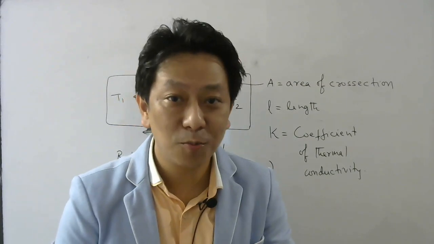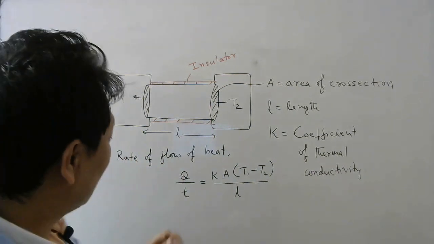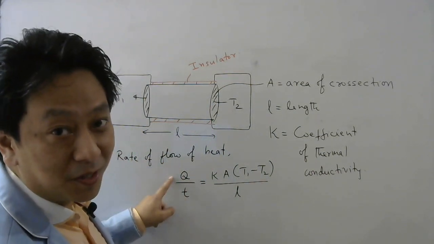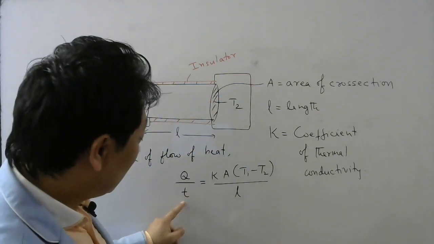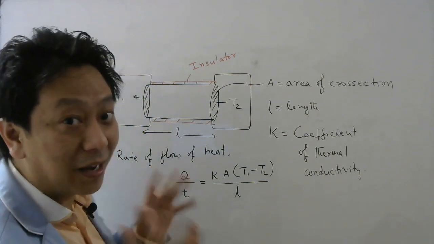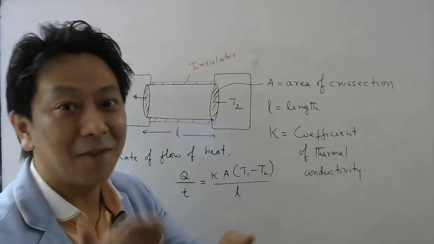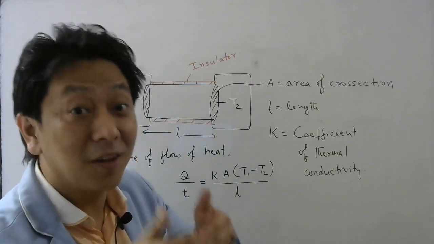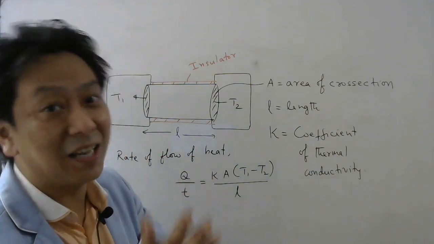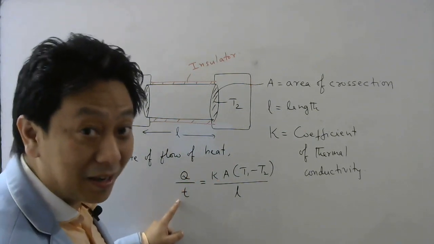Okay. What is the formula to calculate the rate of flow of heat through the rod? Well, the answer is the rate of flow of heat is given by Q by T, where Q represents the heat energy flowing, T represents the time taken. So when you divide the heat flow by the time taken, that is what we call rate of flow of heat, right? When you move certain distance and divide by time, that is called rate of change of distance. Similarly, when heat flows and you divide by the time it takes, that is called rate of flow of heat. So don't forget to divide by time taken.